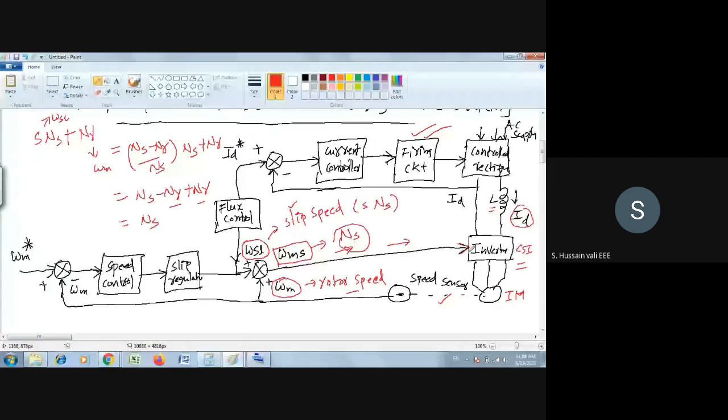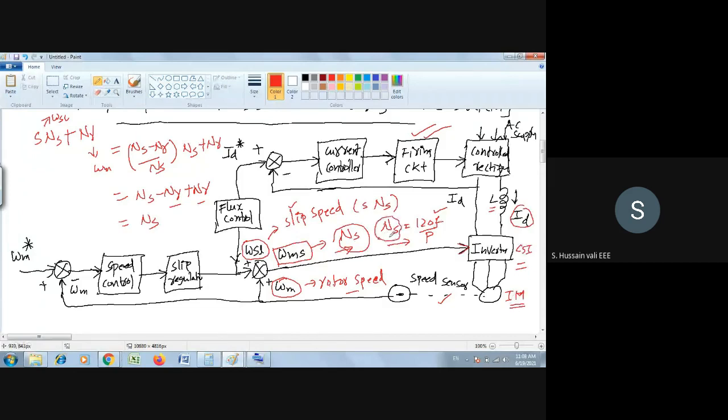So what this signal tells here is that, from the synchronous speed, because synchronous speed NS is equal to, I hope you know, 120 F by P. So you are giving the information of synchronous speed, in the sense you are giving the information of frequency. Because the inverter should know what should be the frequency of the induction motor. What is the rated frequency of the induction motor? So the rated frequency is this here. So that F you are getting from information of NS.